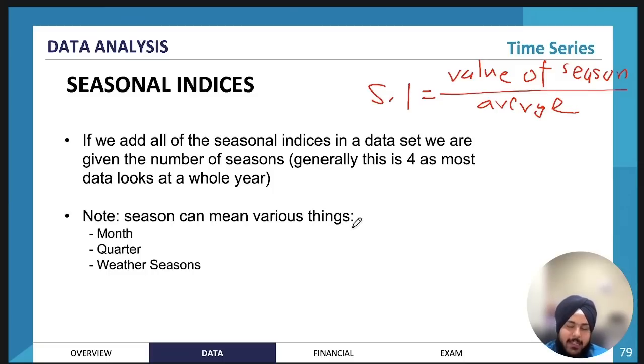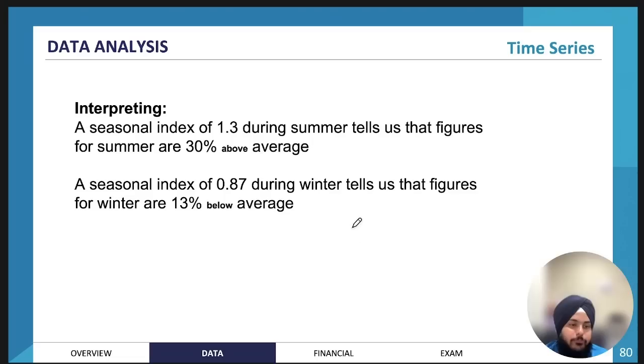Cool. So season can again mean various things depending on the context, but usually it could be months, quarters, or weather seasons. In terms of interpreting a seasonal index, there are a couple of ways we can interpret it. If the seasonal index is above 1, let's say it's 0.3 above 1, we can times that by 100 and say that figure is 30% above the seasonal average. Similarly, if it's below, all we need to do is do 1 minus 0.87, or whatever that value is,